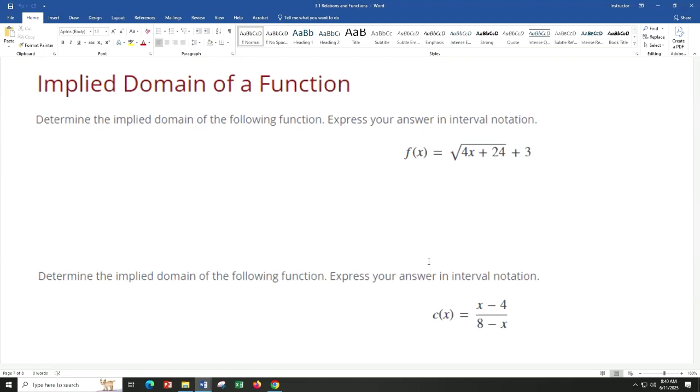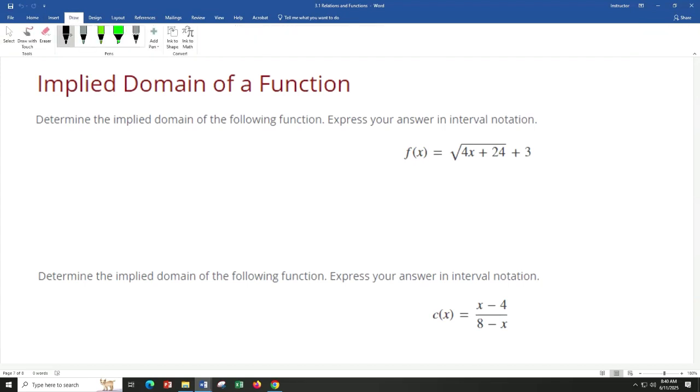Okay? There could be an x squared over here. Let me just give you a little hint. That could be the square root of 4x plus 24 plus 3. We could literally change this to this right here, plus x squared, and still the implied domain would be that guy right there. Okay? Because the x squared does not have a restriction. You can give me any number you want for a parabola. Doesn't matter. Okay? So now,